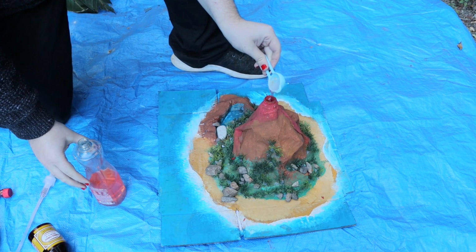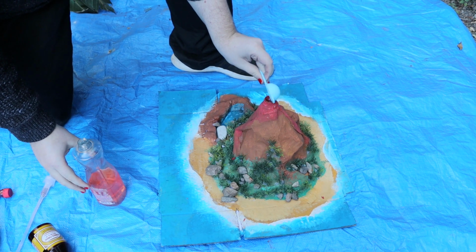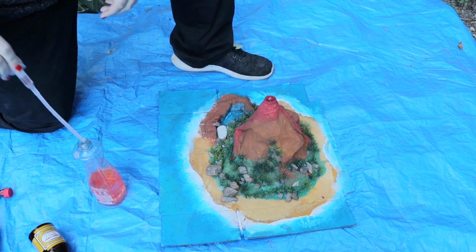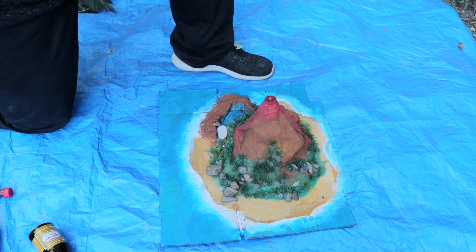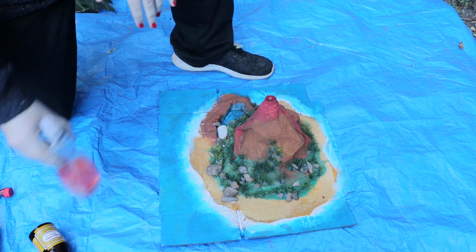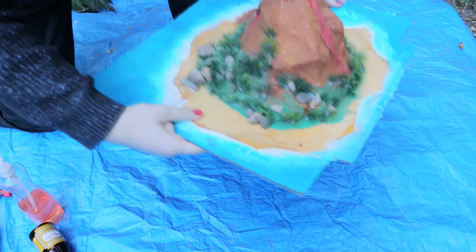Then you would normally want to get the volcano and give it a swirl around. So that's what we'll do next. If you were doing it in a bottle, it would be a lot easier, but because we're doing it in this, we're going to have to pick up the entire volcano. And then we'll give it